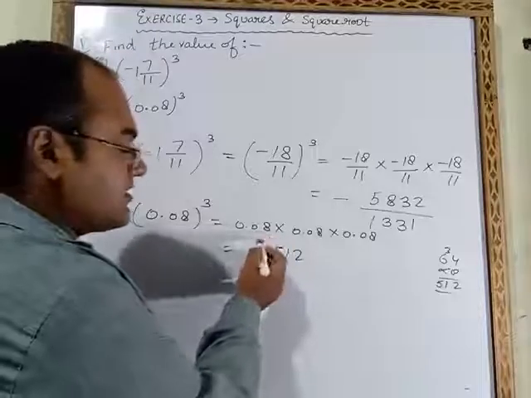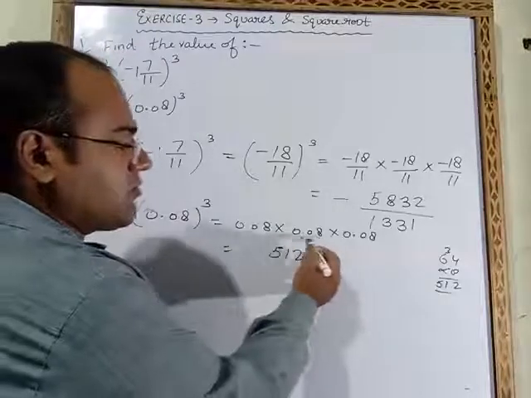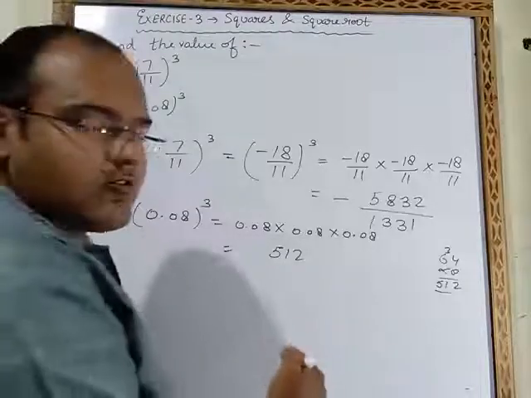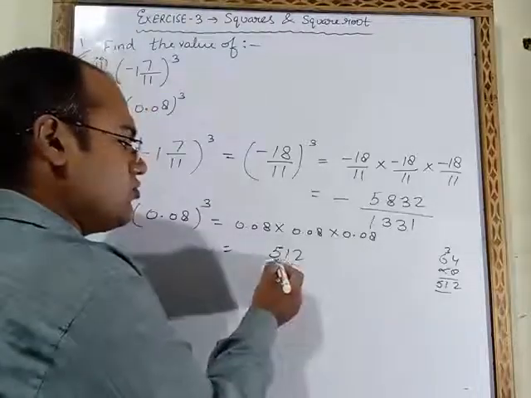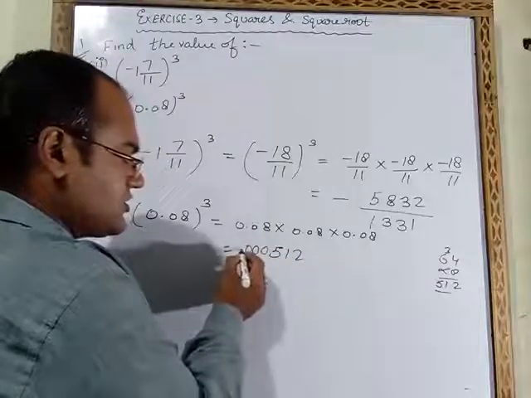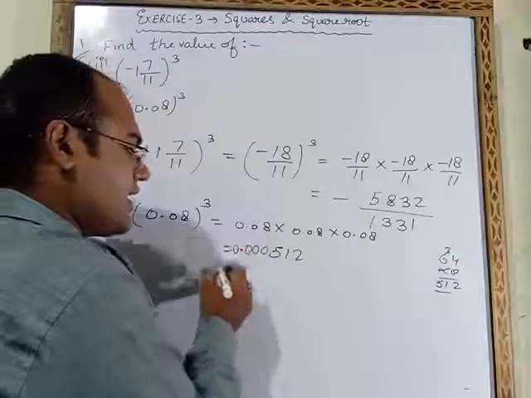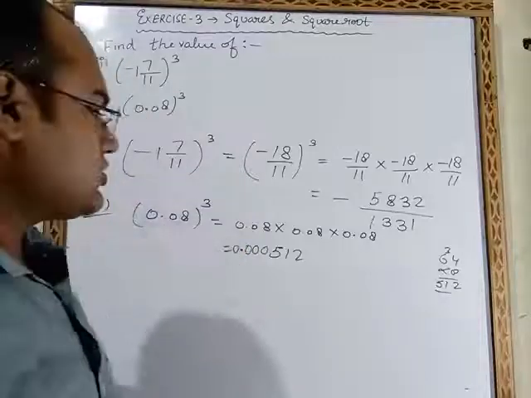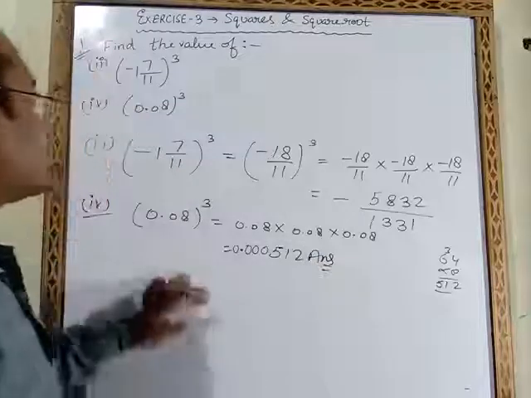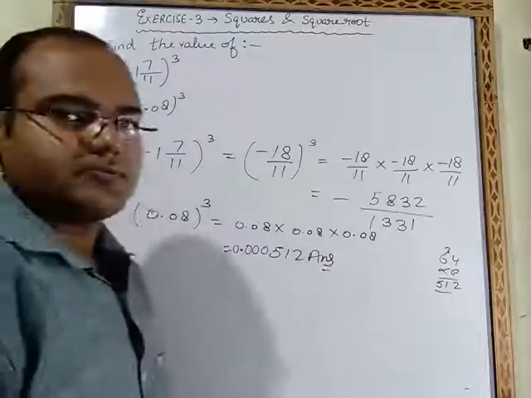Now you have to count decimals. How many digits after the decimal are coming? 2 digits here, 2 digits and 2 digits. So in total we have to put the decimal before 6 digits. 1 2 3 4 5 6. So we put the point after 6 digits and add one more 0 here. So this is your final answer. So like this you have to do all the parts of question number 1.